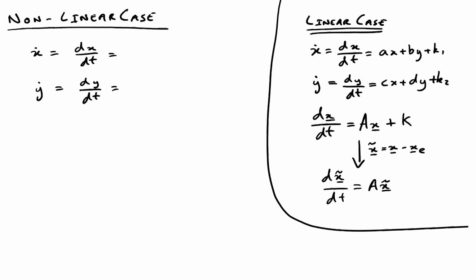Okay, so we've already looked at the linear case. Say basically we had two derivatives, dx by dt and dy by dt, and both of those were equal to linear functions on the right-hand side. What we saw with the linear case is that we could take these two functions and combine them